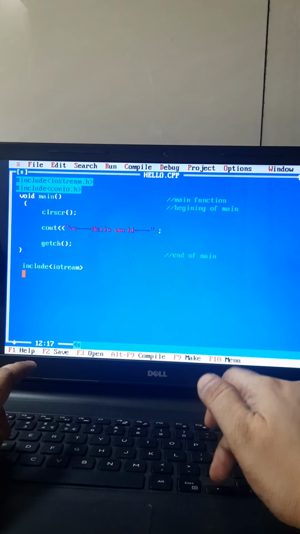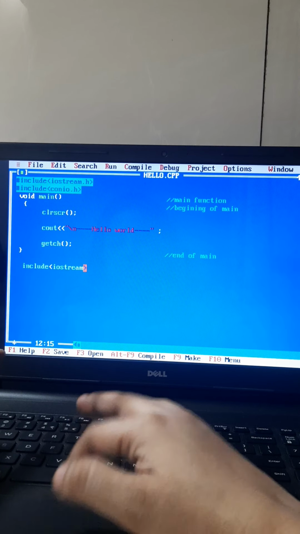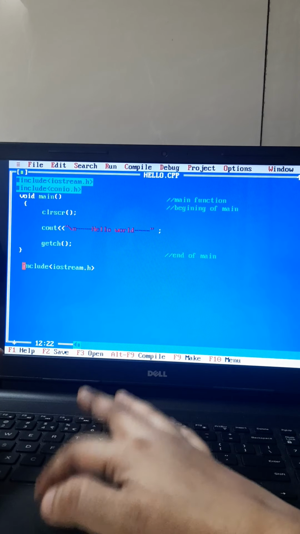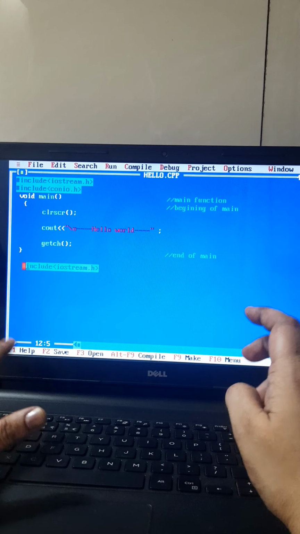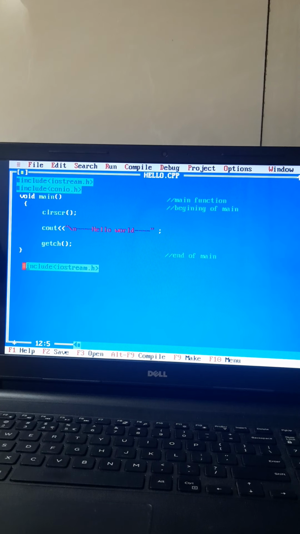Again I am telling you this is for you to understand why that color appears, so it is automatic. As soon as I write hash in the beginning, just see, the compiler automatically highlights it with a colored box, so you can identify these are preprocessor directives.